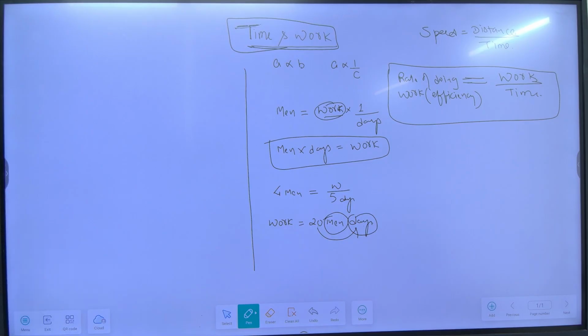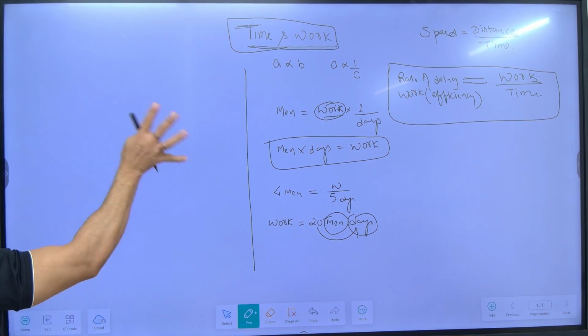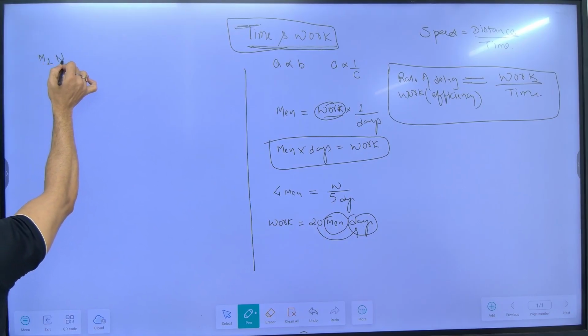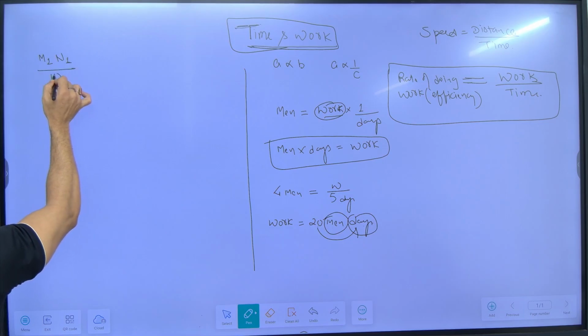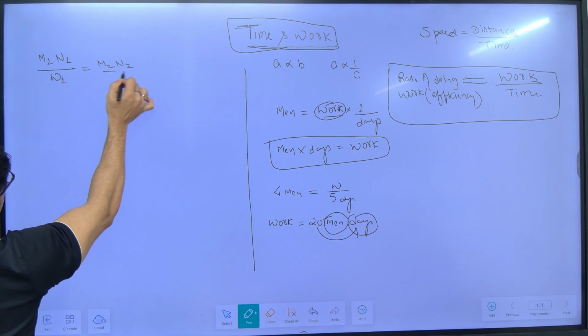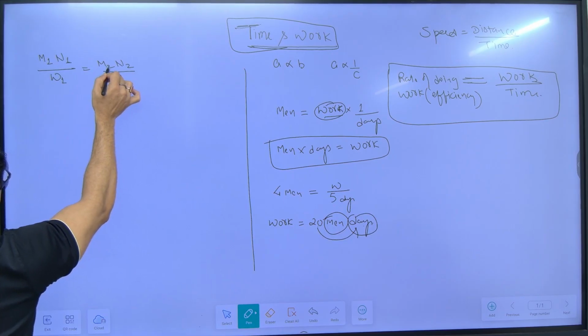Okay. Now what happened in this case, work is constant. But what if work is also changing, right? Twice the work, half the work, one third of the work. If the work also changes, so everything changes, that means nothing is constant. Then there is a relation, and that relation is M1 N1 over W1 is equal to M2 N2 over W2,